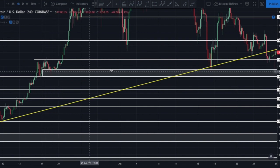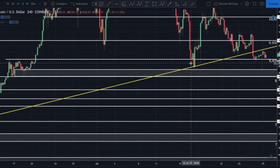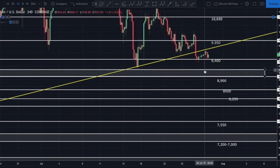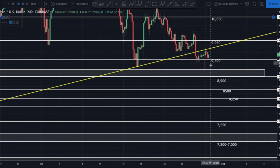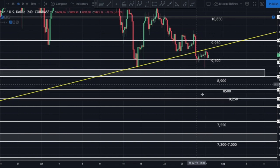They call that a demand zone. That's denoting a lot of areas where there are some unfilled buy orders. We had that confirmed again when price came back down and found support right on top of that zone on July the 17th, and then again yesterday on July the 28th. So this is a massive demand zone between 9,100 and 8,900. This is why it's so difficult to trade this to the downside, because even if we break below 9,400, we've got numerous areas of support down to and including our major area between 8,900 and 8,500